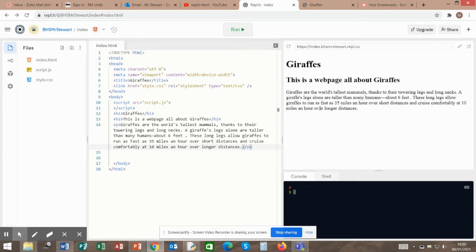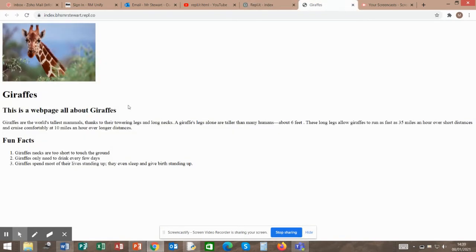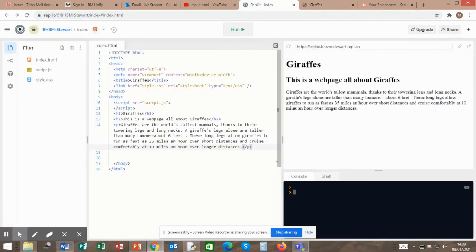Okay, so the last thing that we're doing in terms of the text will be the fun facts at the bottom, which is a subheading. We've also got the 3 facts that come about from that. And I'm just going to quite quickly put them into place. So we're going to start off with a H2. And then we're going to open and close that H2. And in there, we're going to put in our